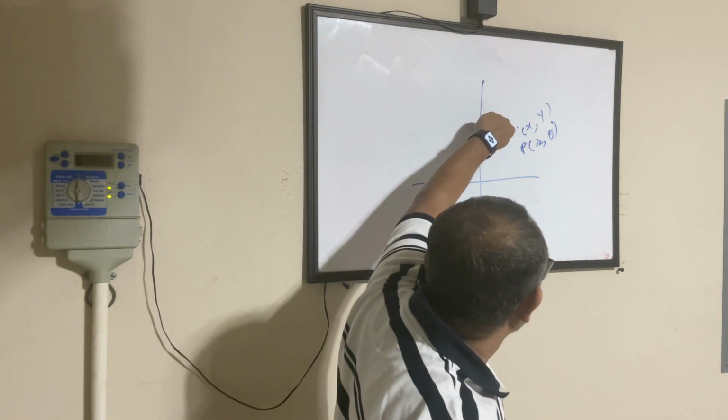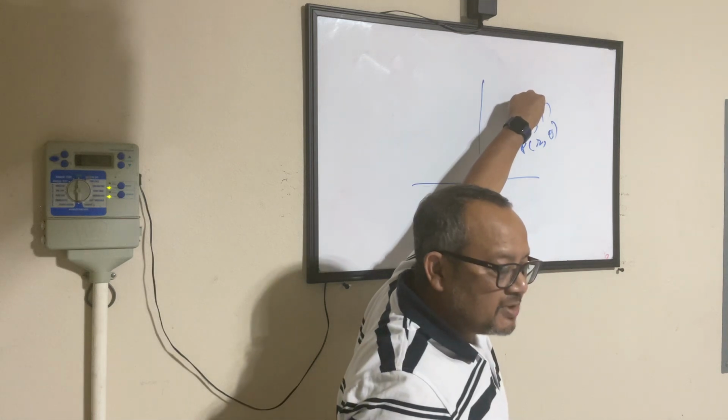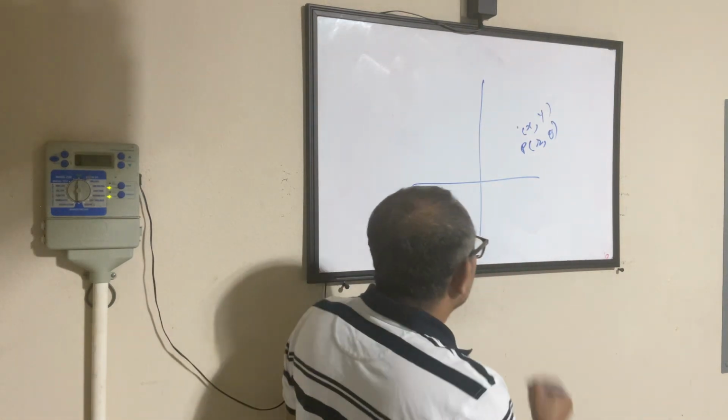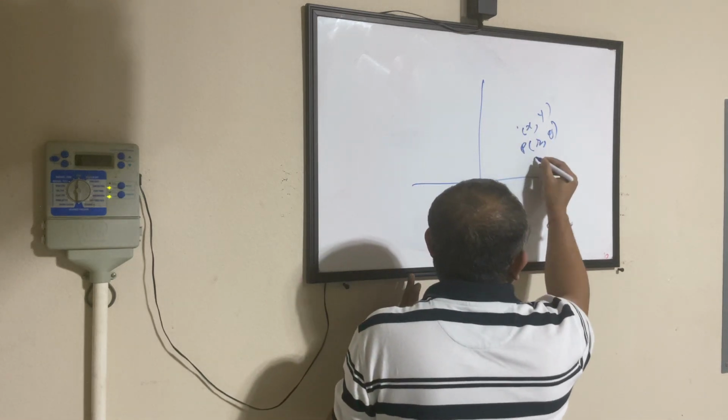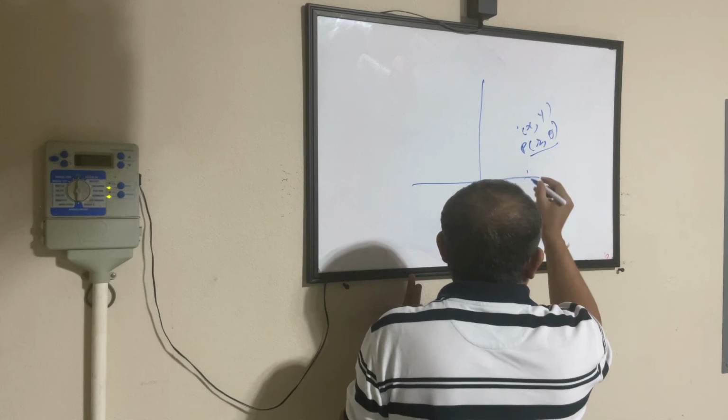Now, there is only one way to represent the x and y value in a regular or rectangular coordinate plane. However, when you are looking at the polar coordinates, if you guys remember the concept that we learned in unit circle,